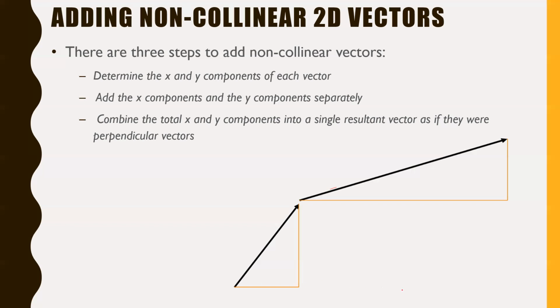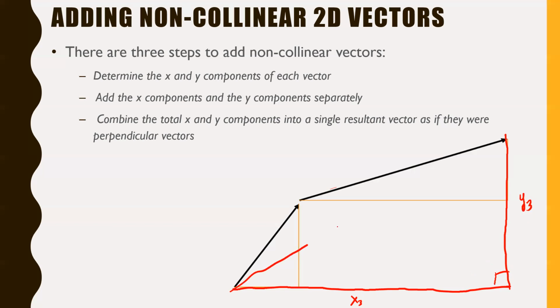Once you have a total x and a total y, think of it this way, your total x is this way. I usually call that x3. You could call it x total if you wanted to, it's just up to you. And then you also need a y total or a y3, right? And that'll make a perpendicular angle right there, so 90 degrees, and then you just combine it with a final,